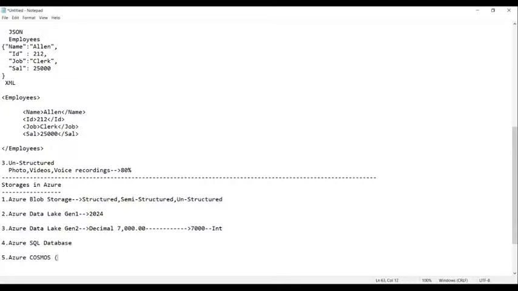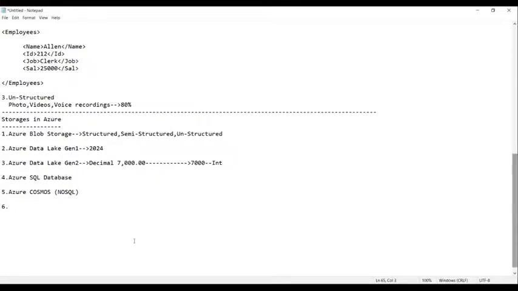Cosmos DB is nothing but a NoSQL database. Am I right, everyone? Then again, after this, we have Azure Synapse.